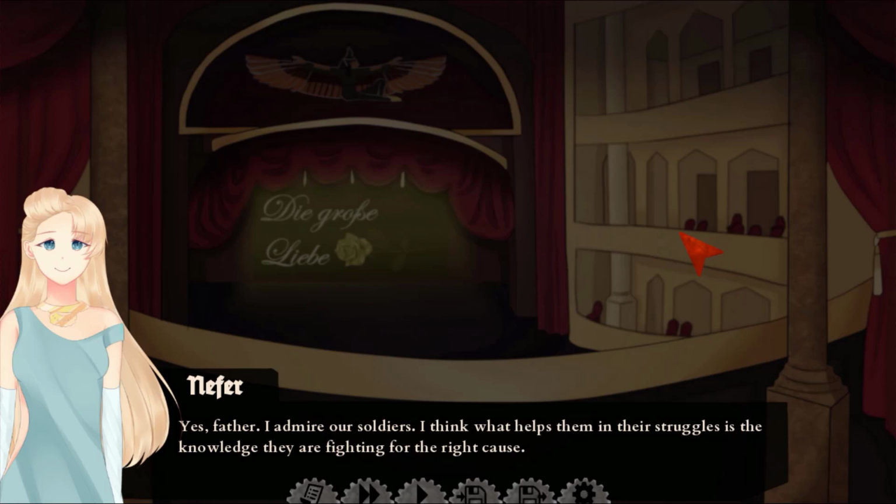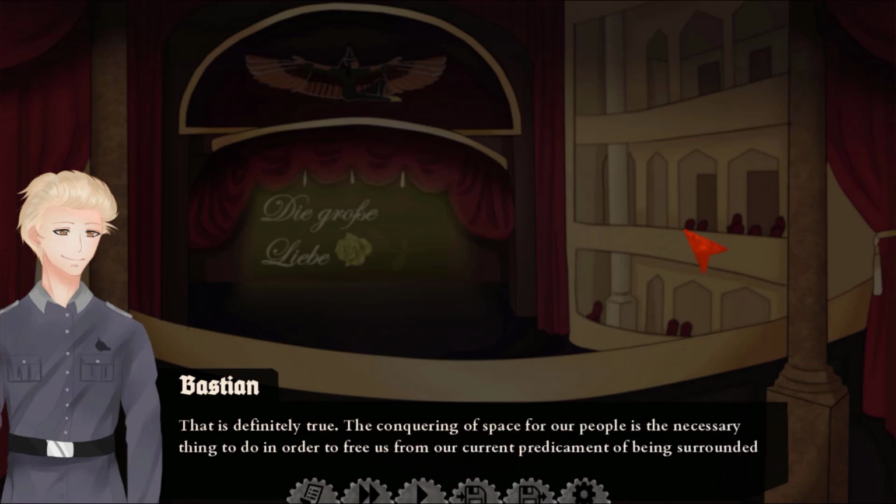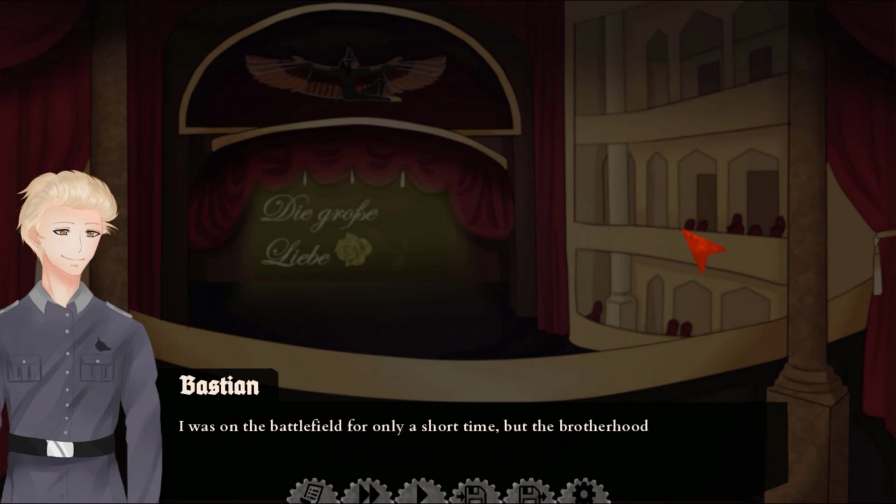Defending yourself is the right cause. Attacking other countries is not. That is definitely true. The conquering of space for our people is the necessary thing to do in order to free us from the current predicament of being surrounded by enemies on all sides. I was on the battlefield for only a short time, but the brotherhood between comrades was so strong it could take us through anything. Now don't tell this bullshit, because just...